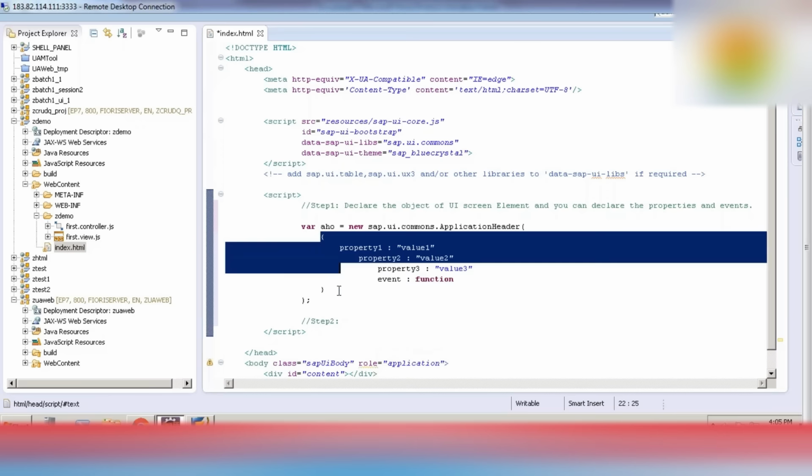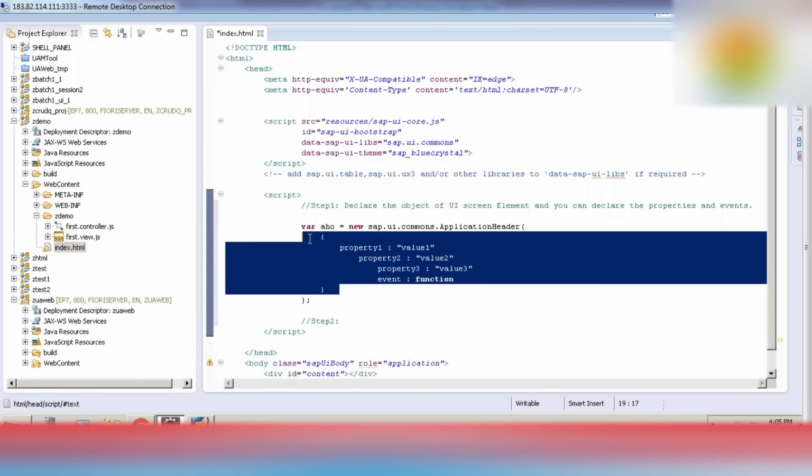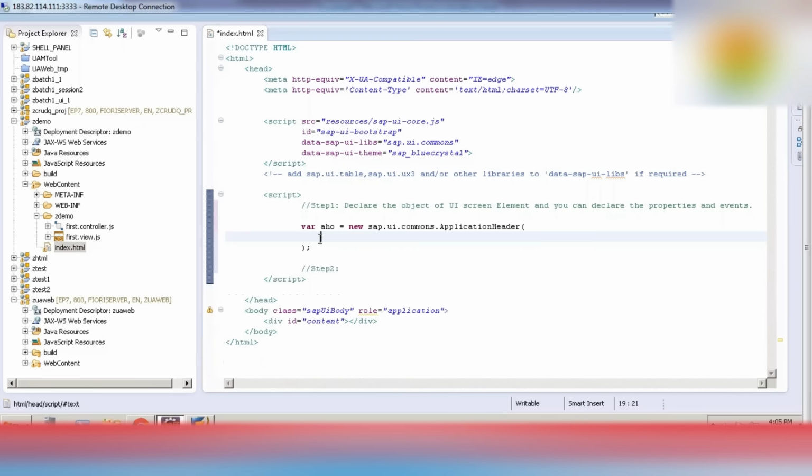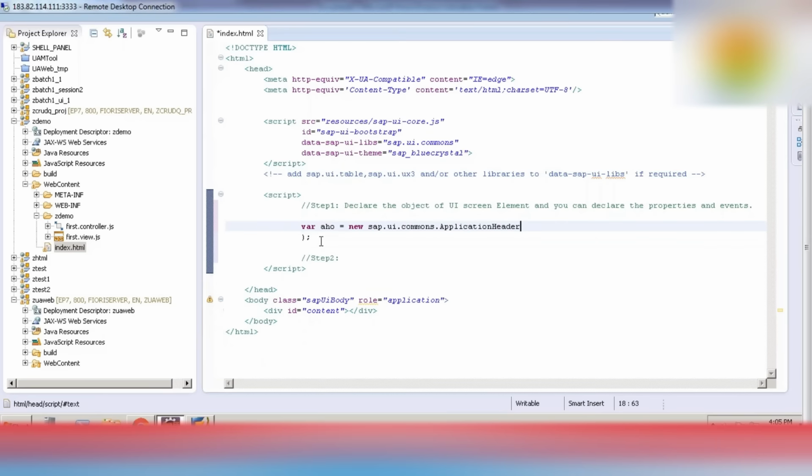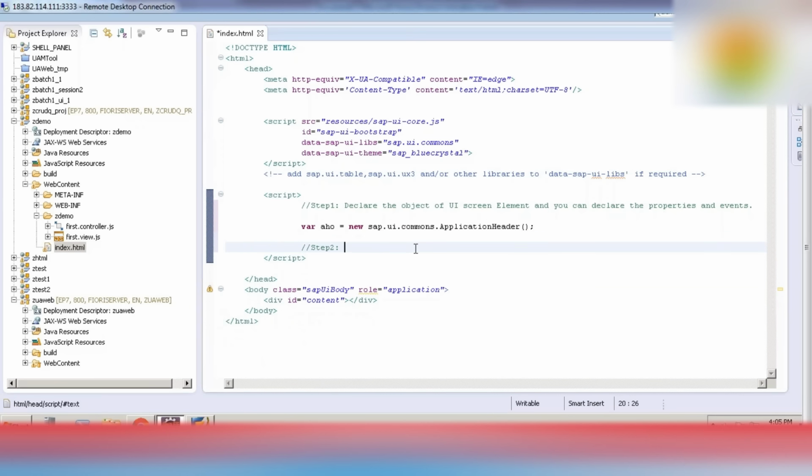Here we don't have any property or event for application header UI element creation as of now, so I'm keeping it blank. As part of the second step I can use that particular screen element object to call any method, like call method for that object.